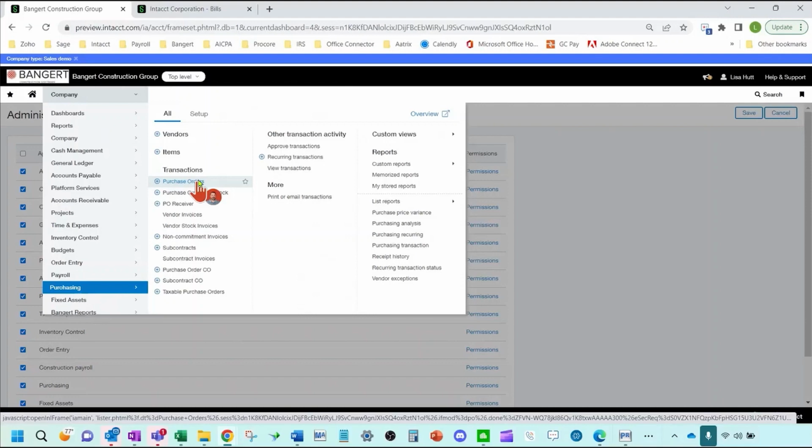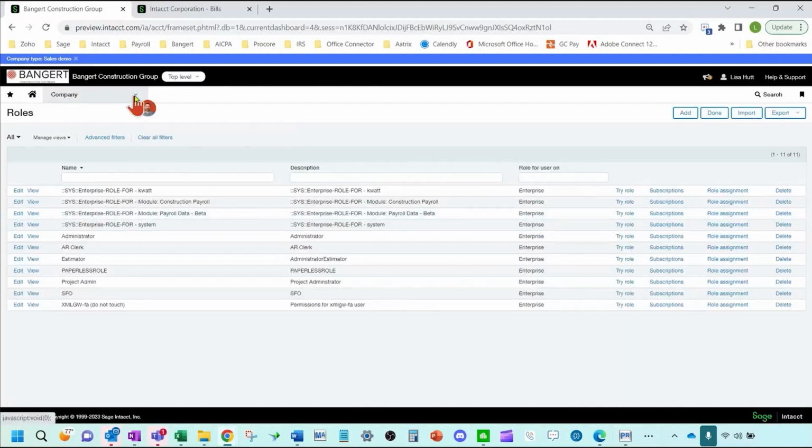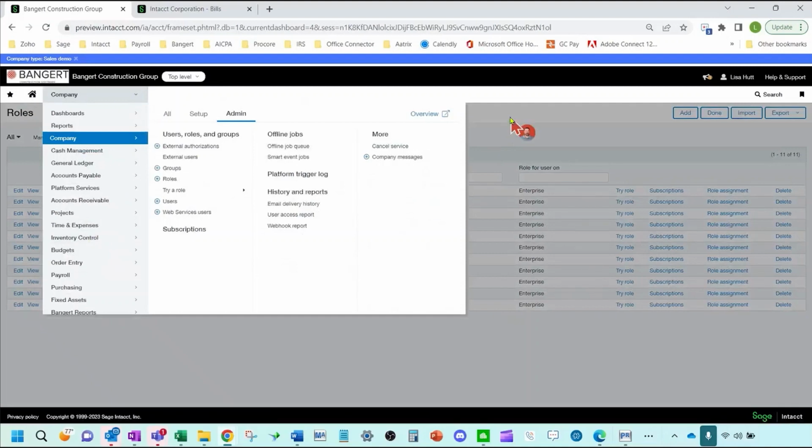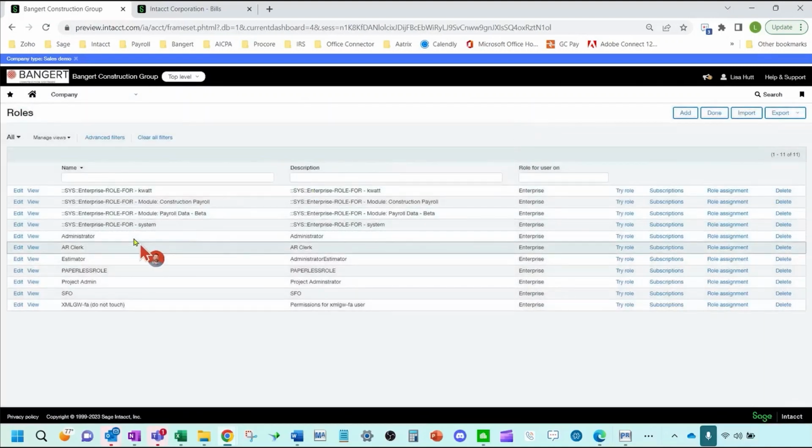Now they can actually view all the documents within the order entry and purchasing module. And of course, that's all depending on if you choose to allow them to do that. But now with an employee user, if you look at the permissions, and I'm going to go back into admin,